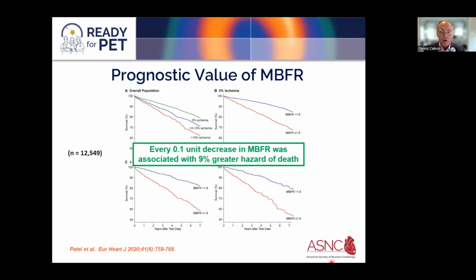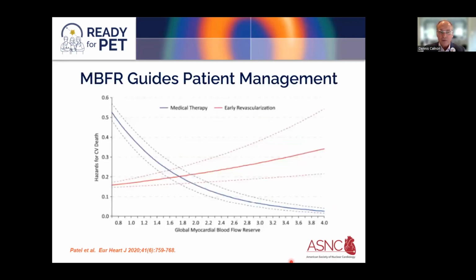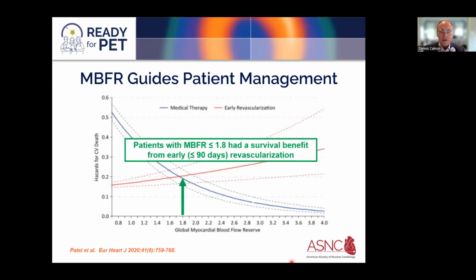In fact, the authors pointed out that for every 0.1 unit decrease in myocardial blood flow reserve, this was associated with a 9% greater hazard of death. So myocardial blood flow reserve has excellent prognostic value. And finally, myocardial blood flow reserve is able to help guide patient management. Dr. Patel, in this similar study, also was able to demonstrate that using the cutoff of 1.8, patients with myocardial blood flow reserve less than or equal to 1.8 had a survival benefit from early revascularization within 90 days of the PET study. So to summarize, myocardial blood flow reserve has diagnostic value, prognostic value, and is able to guide